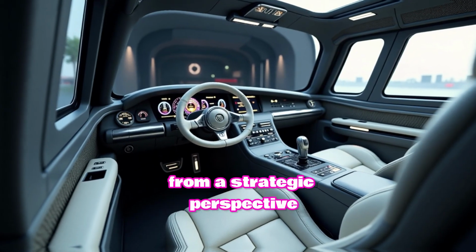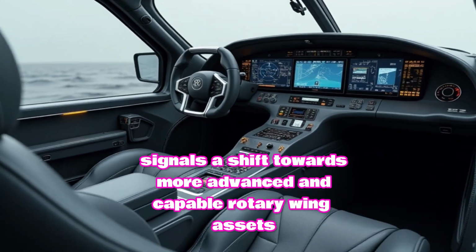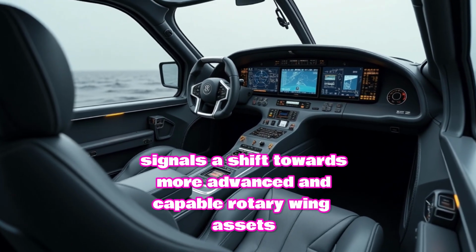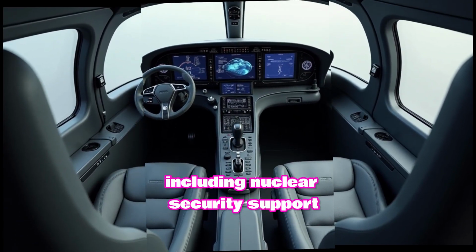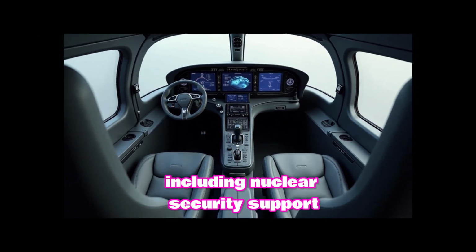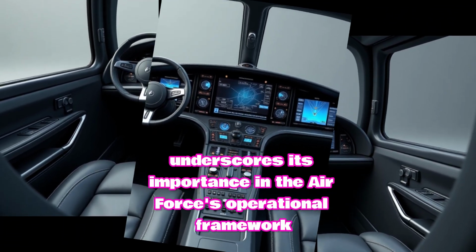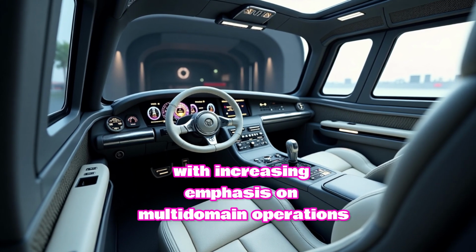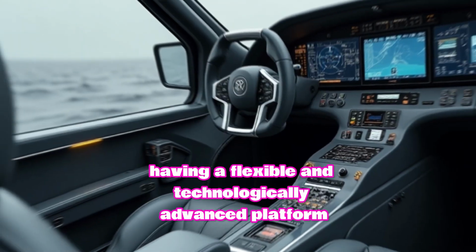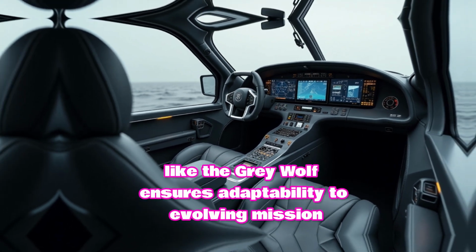From a strategic perspective, the deployment of the MH-139A signals a shift towards more advanced and capable rotary wing assets. The helicopter's ability to conduct varied missions, including nuclear security support, VIP transport, and emergency response, underscores its importance in the Air Force's operational framework. With increasing emphasis on multi-domain operations, having a flexible and technologically advanced platform like the Grey Wolf ensures adaptability to